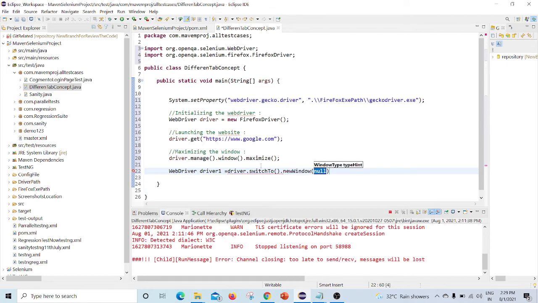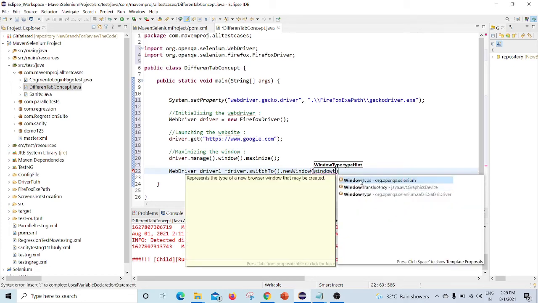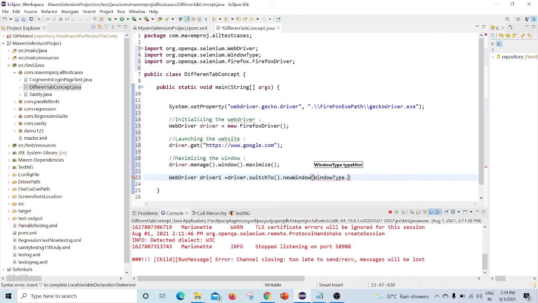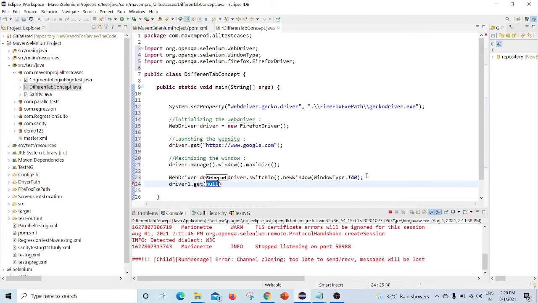Inside that you have to use WindowType, look, this WindowType you have to use, under that dot TAB. After that you have to use driver1 dot get, with the string URL, under which you launch the website. I'm launching gmail.com here, and after that I'll quit the browser with the driver.quit method.